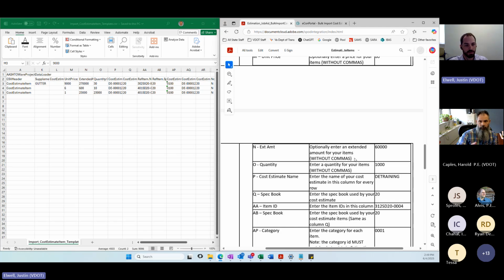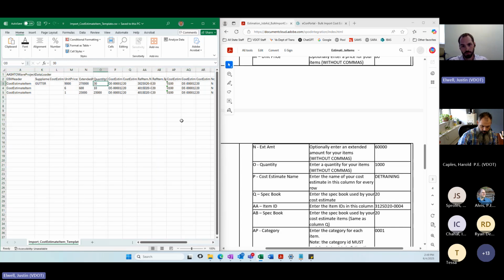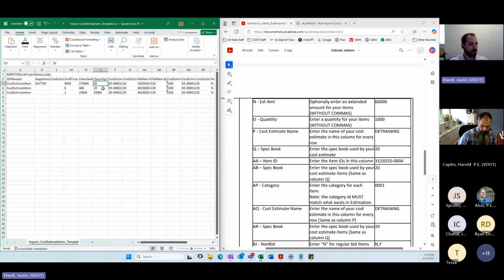Again, because this is a CSV file, if you have that as a preset on your template, when you open this back up, more than likely it will delete. But also because we have set the entire file as text, so we formatted all the cells as text, those formulas won't work properly unless you modify those individual cells. So best practice for me, it might be a little more work on the front end, but just take out a calculator, use your built-in one on the computer to calculate the extended amount here. Again, if I do type in formulas here, I would have to modify the cell.